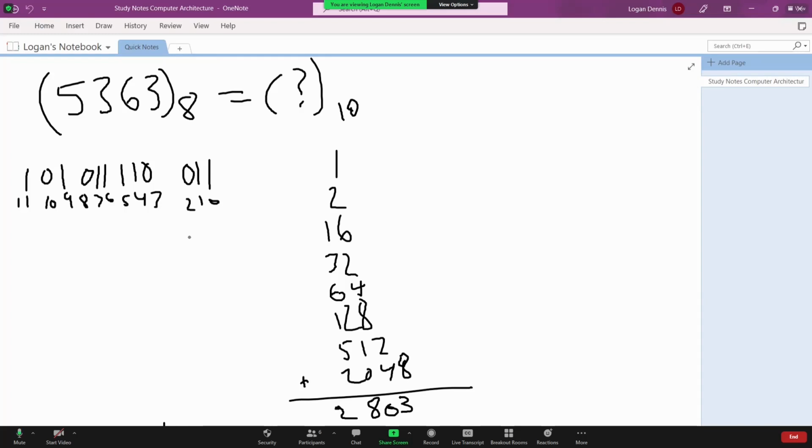Unless he specifically says to do it a certain way, then that's going to be very difficult, because not everyone memorizes the one way to do it. Yeah, because each digit in octal is 3 bits, and each digit in hex is 4 bits. And then for converting from binary to decimal, I just remember the powers of